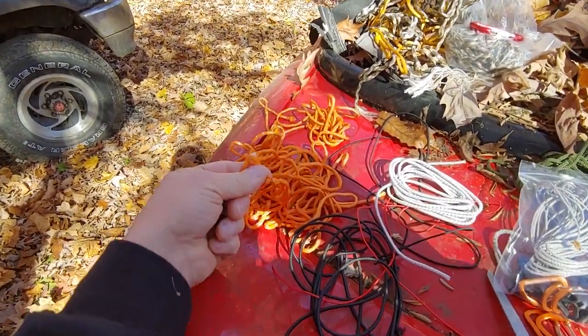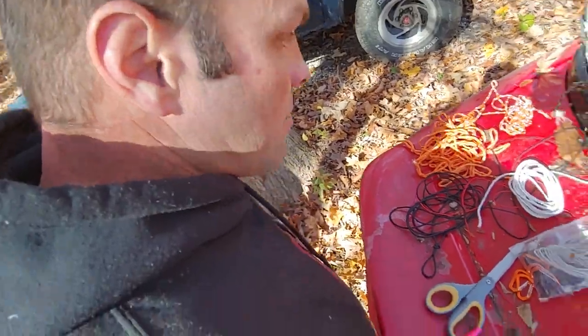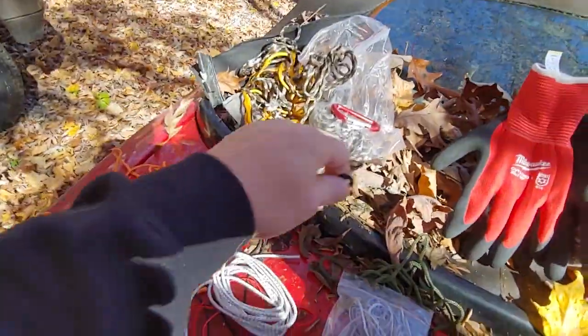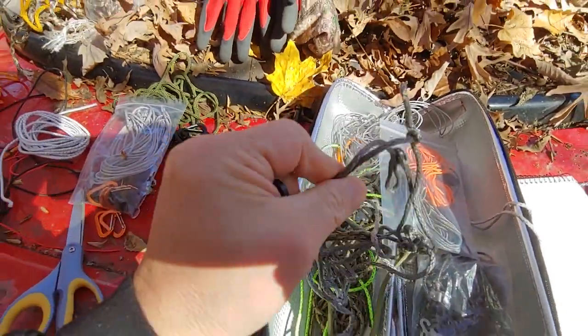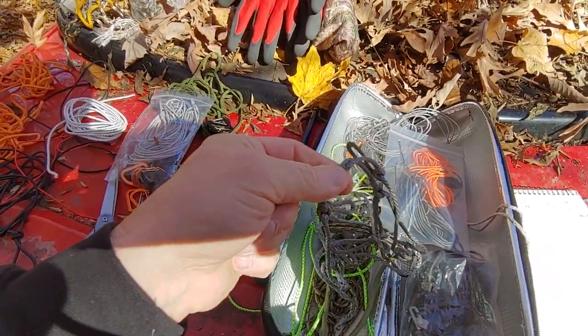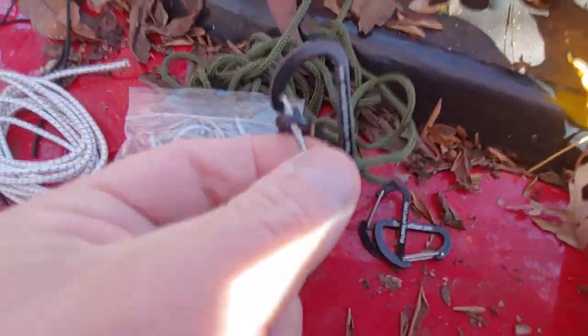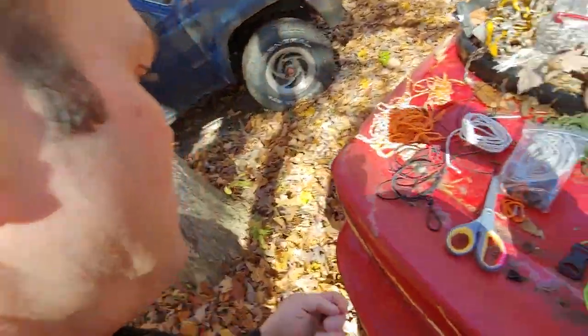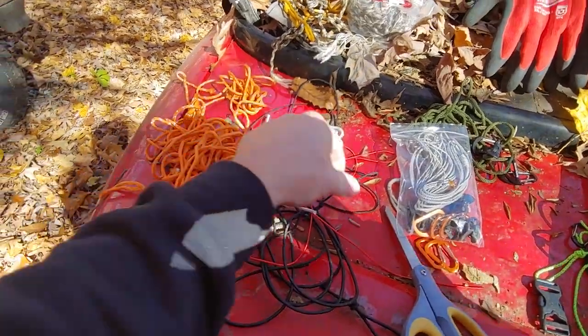And this came off the Yukon Outfitters Rainfly there, which I use all those on my backpack. You get the old paracord, but this thicker, I think it's called Amsteel. It came from Simply Light Designs. I think you can get these off Simply Light Designs. Some of the companies are kind of particular about keeping those. You get this from Hammock Gear, this from the outdoor store, Bushwhacker, some different thicknesses of shock cord,